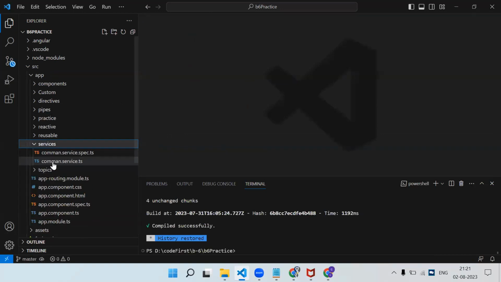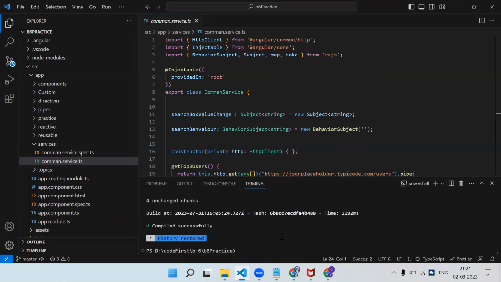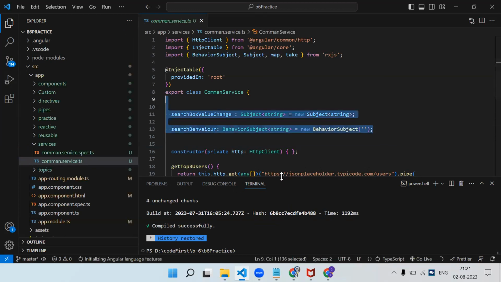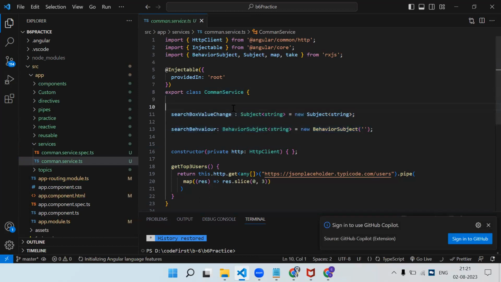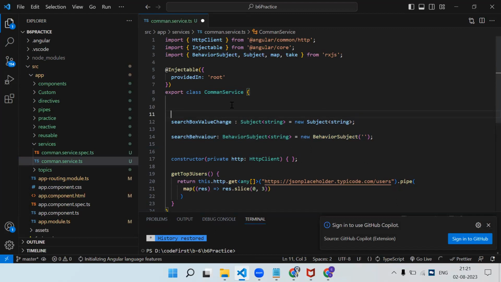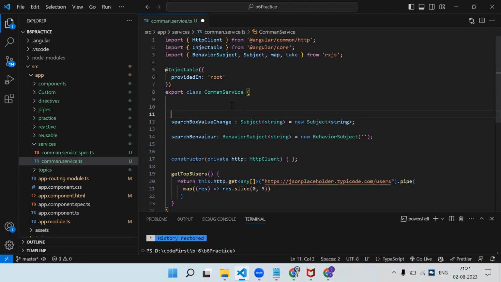Services, yes, right? So getter setter. Let's say again this subject and everything is there. Now, suppose you have some common value that you are going to need across all the components, or you are going to store some value, and that value is going to be needed in all the components. From one component you are going to set some value, and that value you are going to need in another component. Either you can do it in the local storage or session storage, or you can use service also.